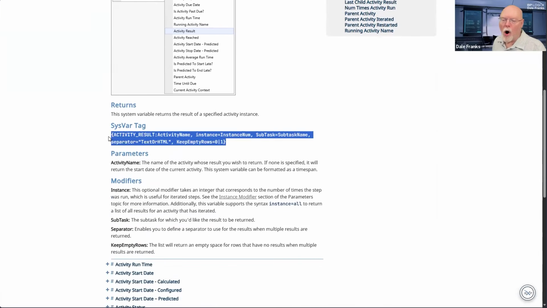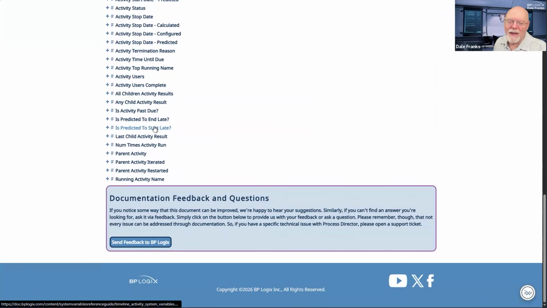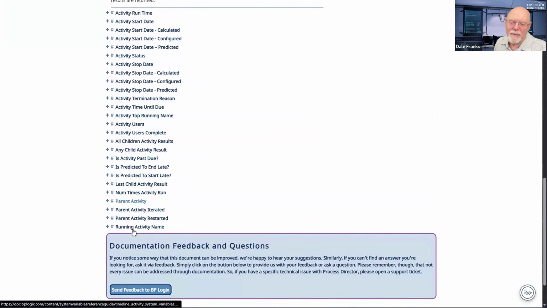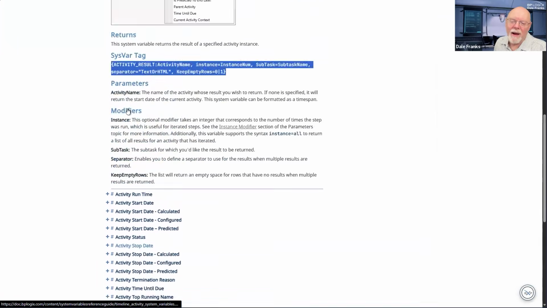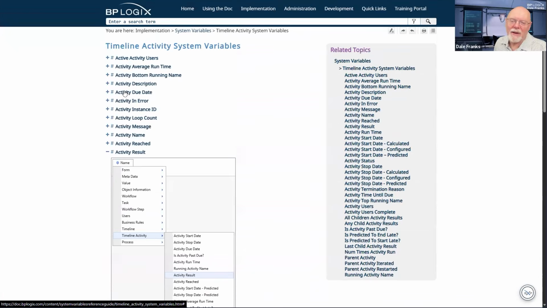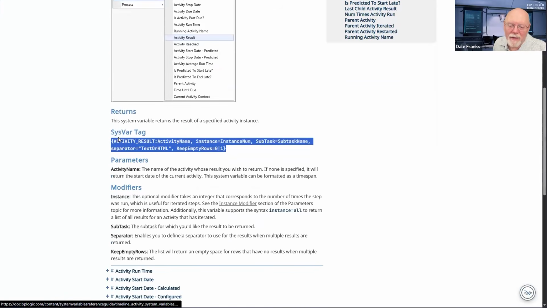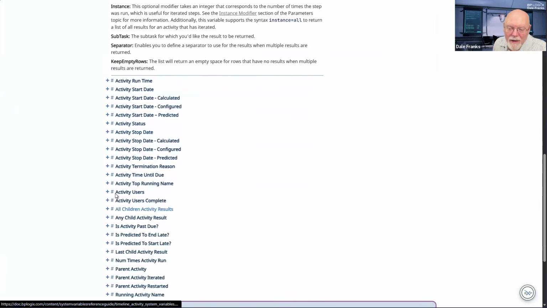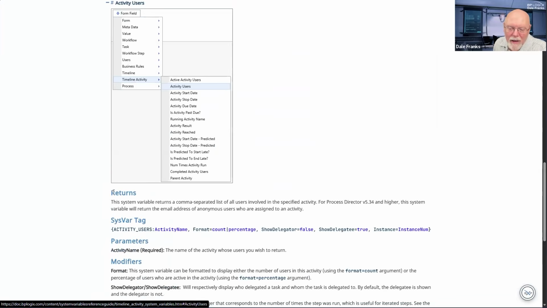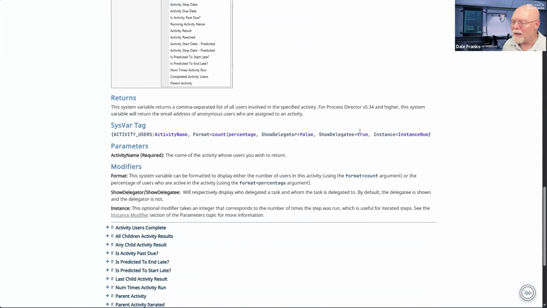So here are all of the things that I can do for, it's not activity result, duh. It is activity users. Activity instance, activity result, activity run date, activity, there it is, activity users. This is the one that we want. I used the wrong one. I used activity result. It should have been activity users.